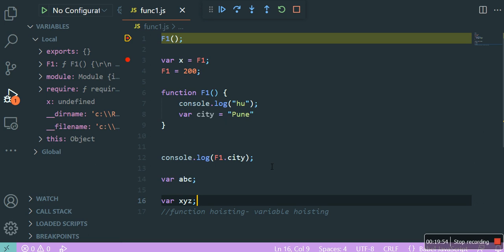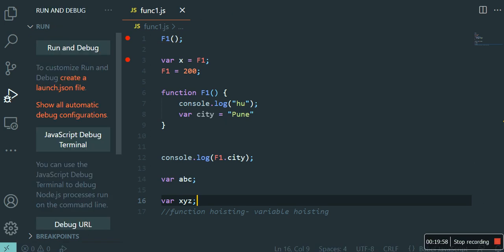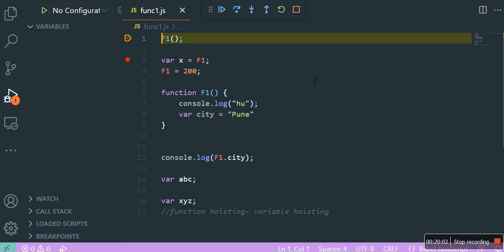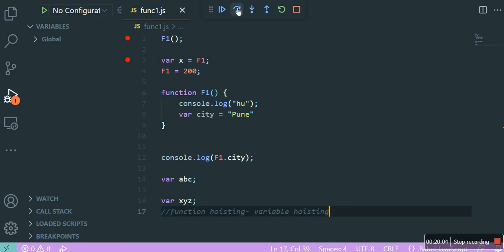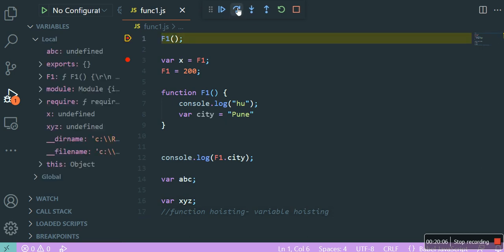Correct. Correct. So what happens? Let me rerun this thing. So if I go and again rerun this thing, okay, yeah. So I am still at line number one. Line number one still has not run, and still I can see ABC and XYZ. See, ABC variable has been created, and XYZ is also created, and X is also created.